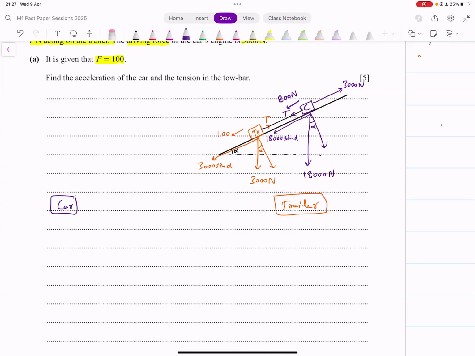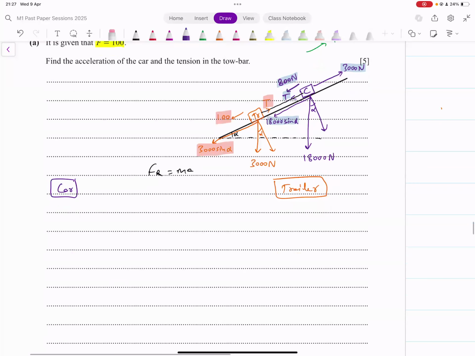Now for the car, since the forward direction is this, for both of them, this is the forward direction, we say resultant force equals mass into acceleration. That's the formula that we've got, Newton's second law of motion. Forward force minus the backward force. What's the forward force for the car? That's 3,000. We'll just highlight them. 3000. Backwards is 800, T and this weight. For the trailer, the forward force is T, backwards is 100, 3000 sine alpha. Okay. So forward force for the car, that's 3000 minus the backward forces, T, 800 and